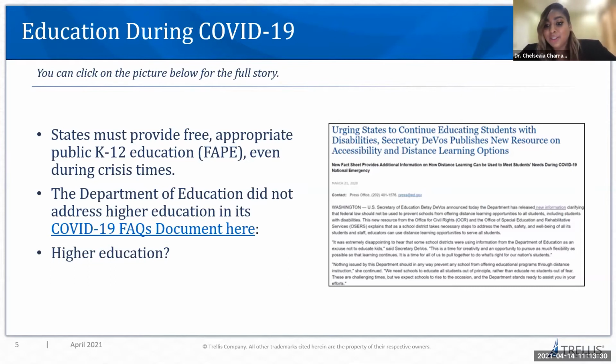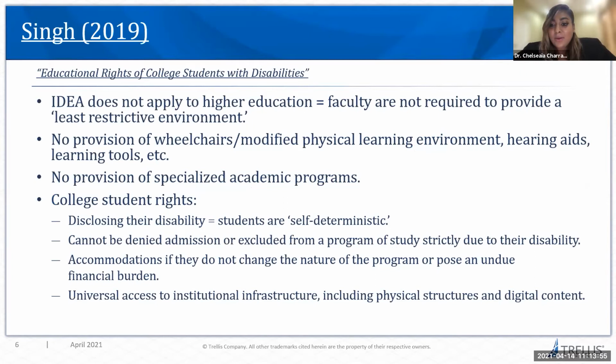Now, they're saying that these acts should not prevent any school from offering educational programs through distance instruction and education. However, the difficulty that college students with disabilities are facing is, where are they? Where are they mentioned? So this is why we're here. We want to know, how can we help students with disabilities, specifically in higher education, access everything online and through distance education? Next slide.